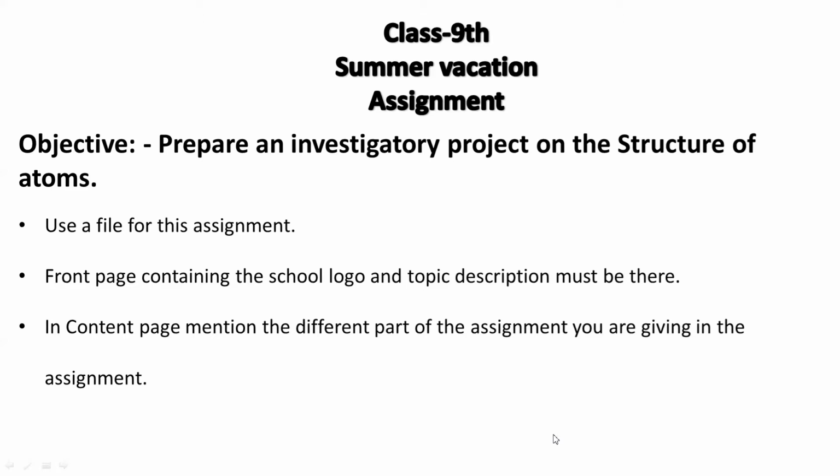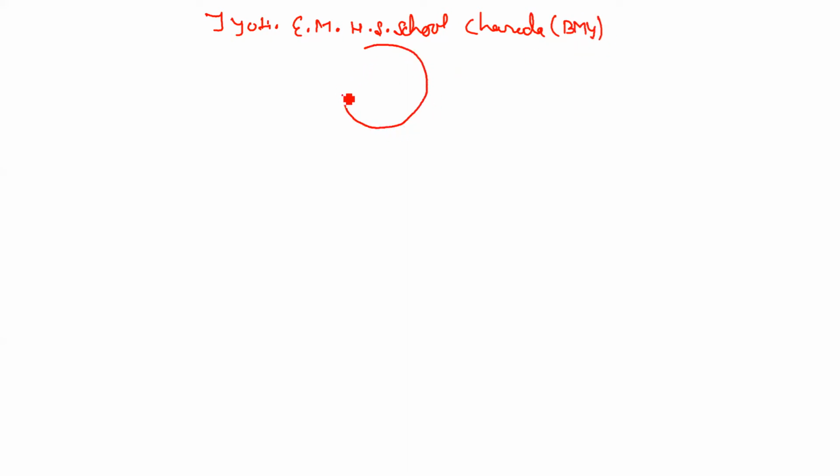The first page of your assignment will be like this. Here you have to mention the school name, as I am writing here, Jyoti English Medium Higher Secondary School, Charoda BMY. Like this you can mention your school name. Then below that you have to either draw, or if you are taking a printout, use the logo of our school here. Then here you have to include the session,